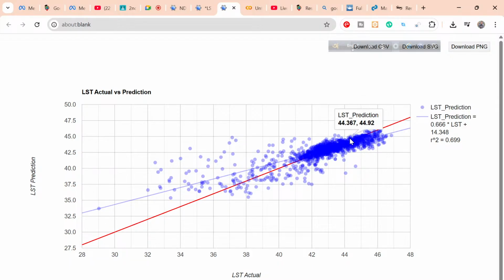Okay, prediction LST and actual LST. So you can see it shows the actual LST, this type of value. From this you can get a strong positive correlation of 0.69. Okay, strong, and this is your linear equation for prediction, y equals mx plus c, with the help of linear